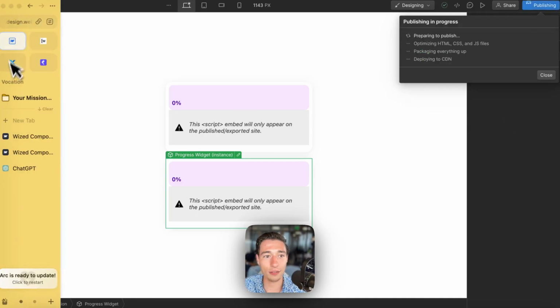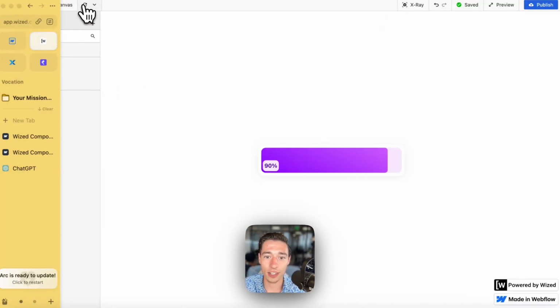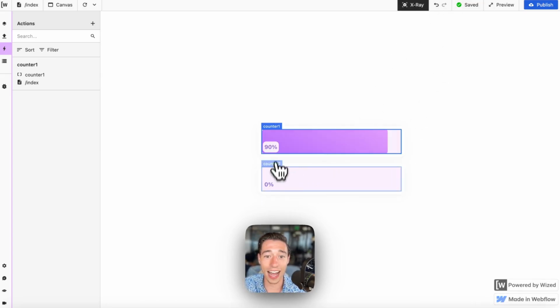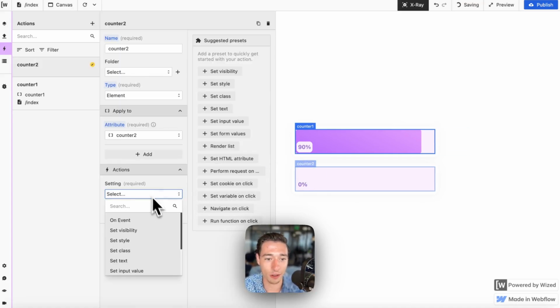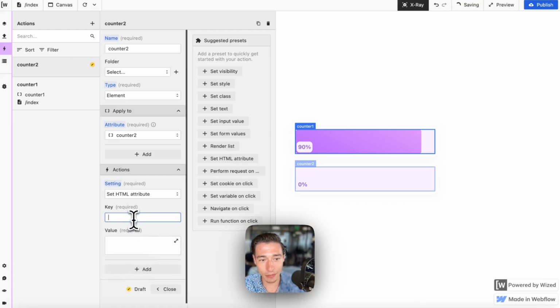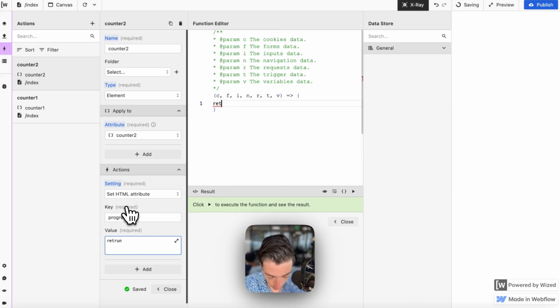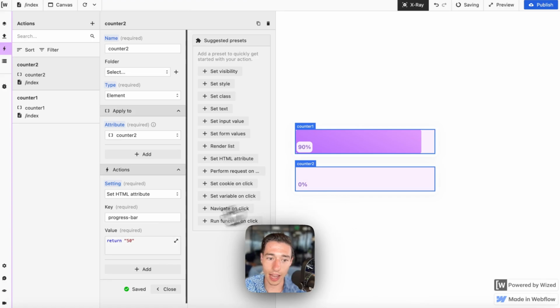They should not interfere with each other. Counter 1 should stay at 90. Counter 2 should stay at 0. Perfect. I have 2 dynamically applied, different from each other, Wized attributes. I can now go to set HTML attribute. I'm going to go to progress bar, the one that we now start initially at 0. I'm going to return, I think we have to do it like this, with 50,